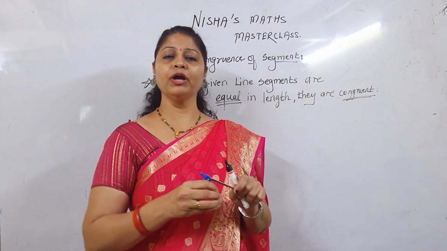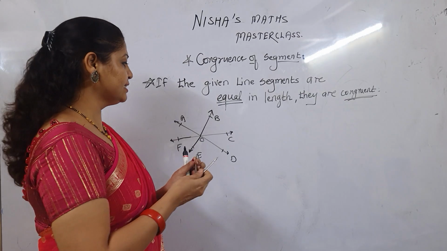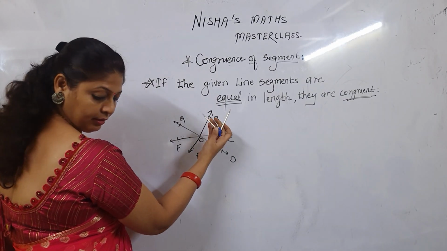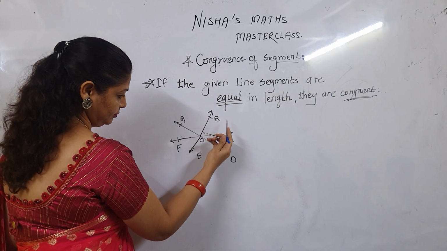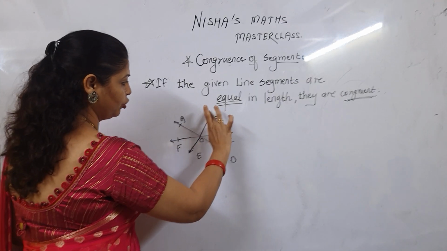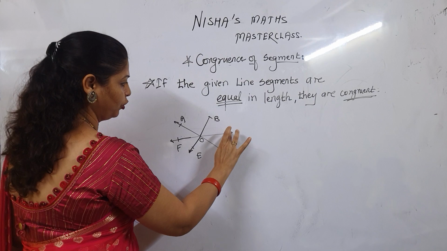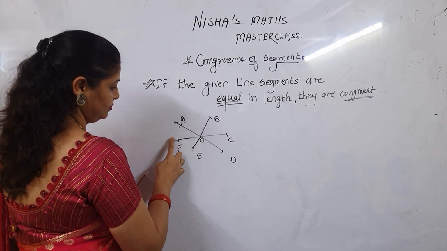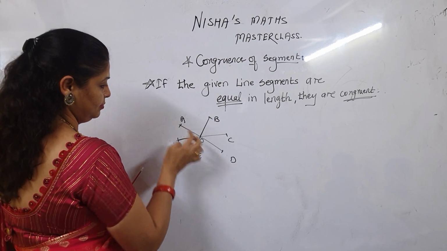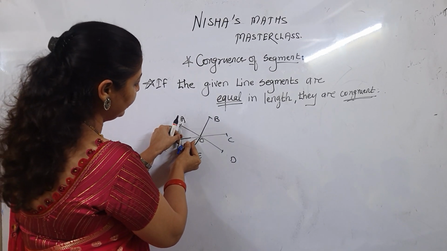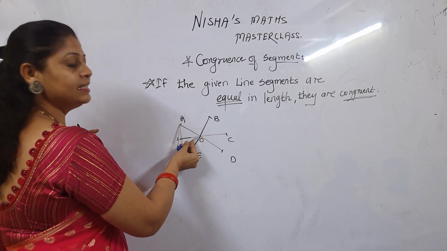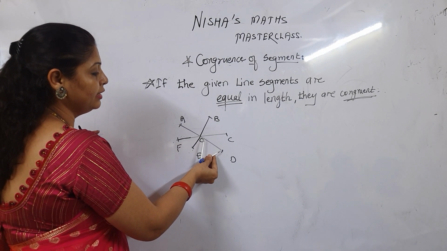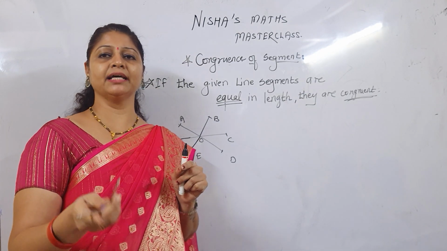Okay, so children, what you have to do, you have to take the divider and take the measurement from O to B. We have to draw the first line segment, children. No need to draw the arrows because they are line segments. So suppose A and O, whatever the distance is there, the same segment we need for the next. Correct children? Then we say that the line segments are congruent.